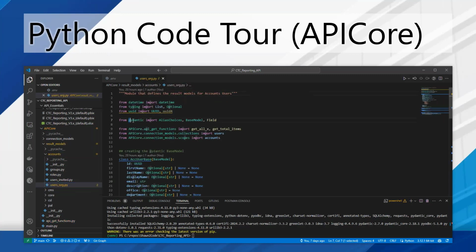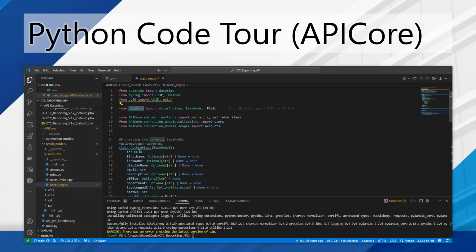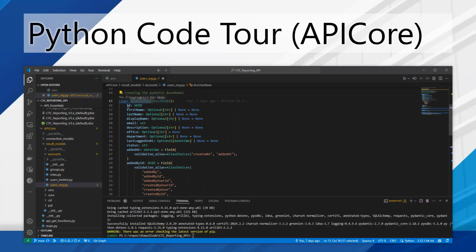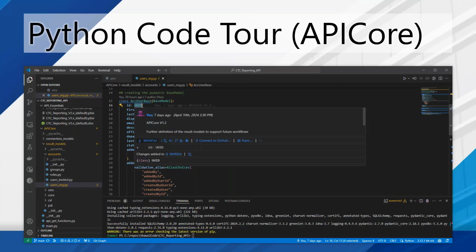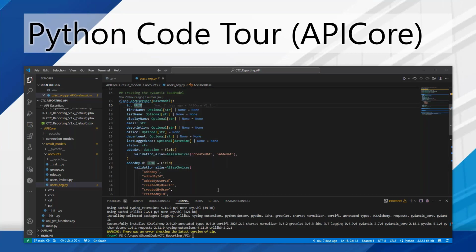collection here, this again is leveraging the Pydantic environment to create for you a very strongly named account user base model. And this will have things like the user's ID, their first name, last name, and display name if it's in the system. You'll notice in some cases it's calling out optional, and in other cases it's calling out mandatory or non-optional fields. This is meaningful